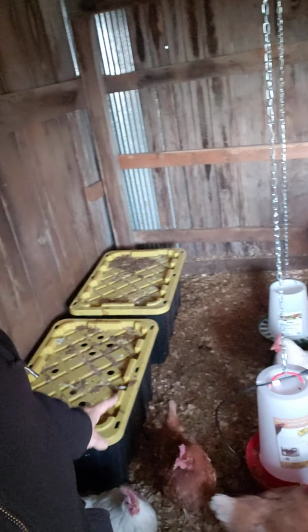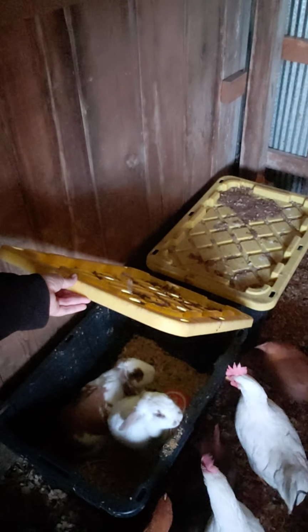Hello. So over here we have to actually build new rabbit cages. So our rabbits traveled in these containers, which our chickens are roosting on right now. And so this week one of the projects is to build the cages for the bunnies, and they're very happy in there with shavings and hay and their water and everything. But eventually, when we build their cages, those will go against this wall and those containers will come out. But they had good size holes drilled in the sides of them and at the top of them